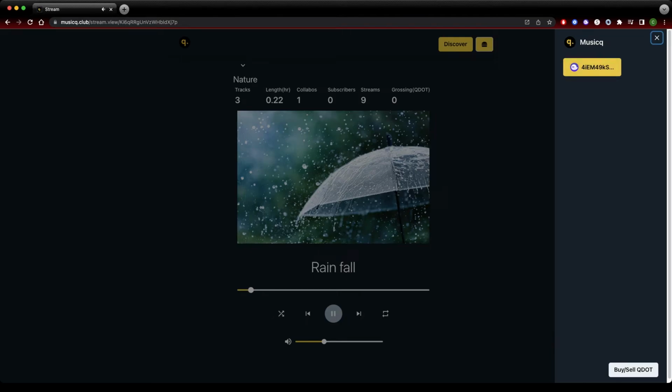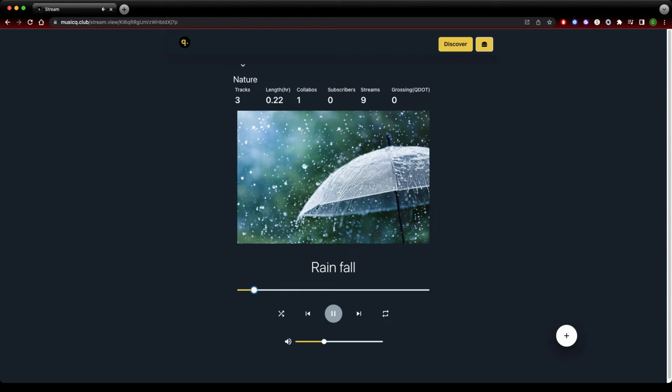And once you create a Q dot account, you can click buy yourself. So you can go ahead and buy yourself some Q dot and you can use it to play songs here. Or you can create your own song and mix Q dot if someone else plays your song. Okay, so that is that for the